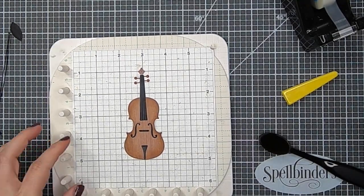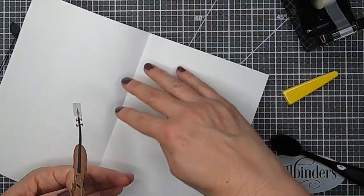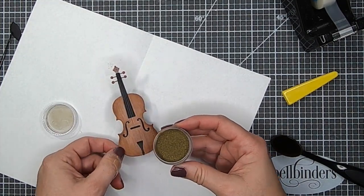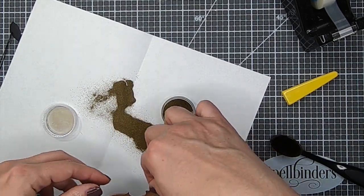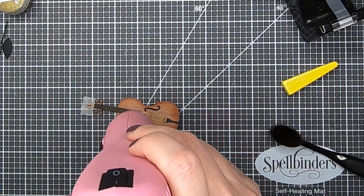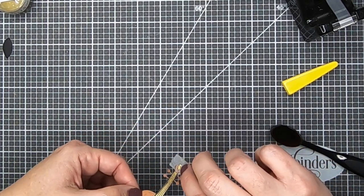And then I am using my gold embossing powder. That is also from the kit. And I'm adding this to the top, and this will give me the strings. Then I'm removing that tape, and